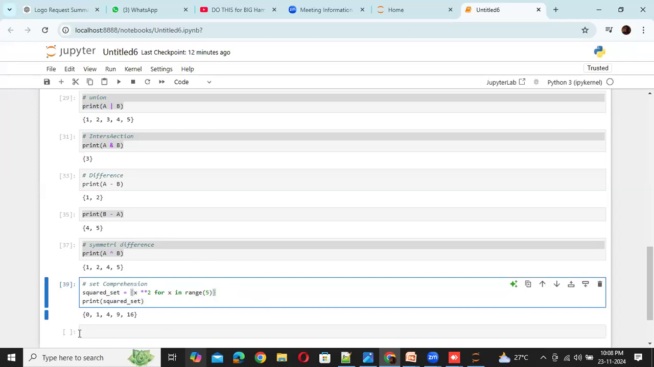0 squared is 0, and 1 squared is 1. 2 squared is 4, 3 squared is 9, 4 squared is 16, right? If you have to use a for loop, you need to write 3 or 4 lines of code. With comprehension, as the name suggests, you can write much less code. So this is the beauty of functional programming. And also if you want to check any membership,